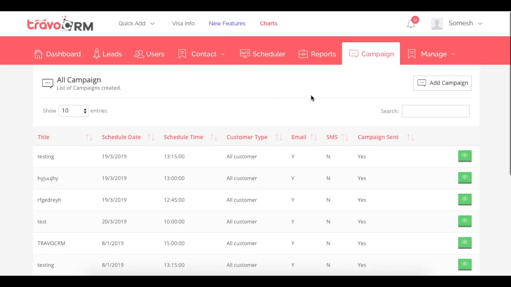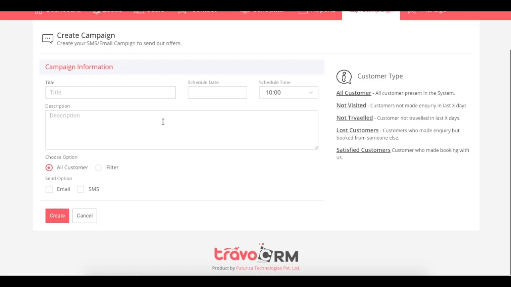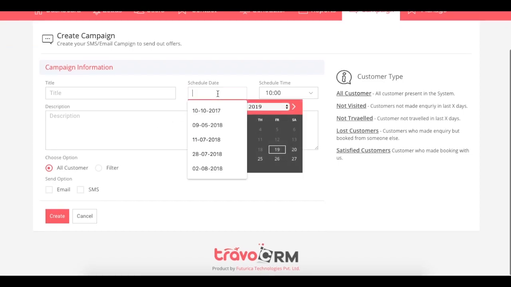Let's look at the campaign section. Using TravoCRM, you can shoot SMS and email campaigns right from the system without any configuration. To shoot a campaign, you can click on the Add Campaign option, select the date and time when you want to shoot the campaign,